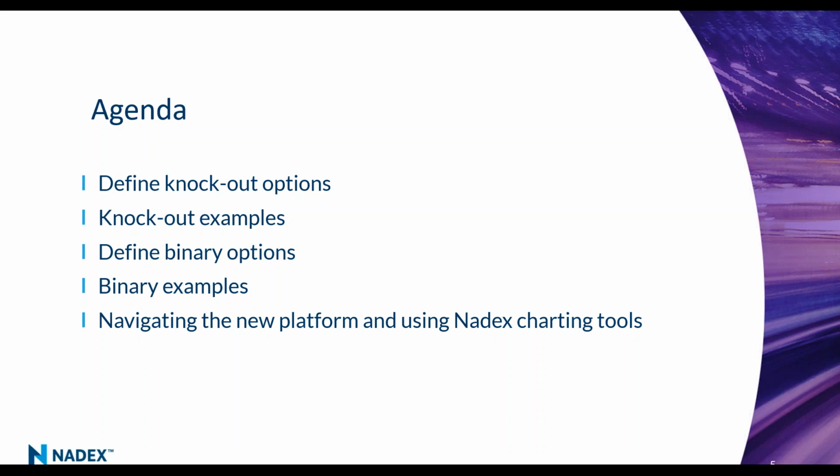The reason I like to start with knockouts is that with knockouts, you're trading an underlying product. With binaries, you're actually trading the probability of something happening. So the price that you're looking at is different than the actual price of the underlying. Knockouts are what we call delta one. It is what it is. Binaries are a little different.